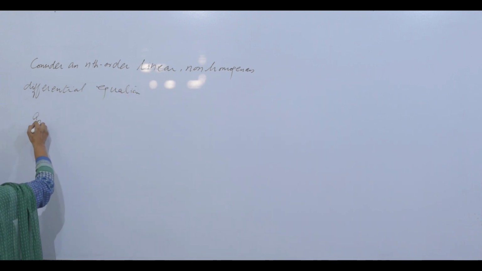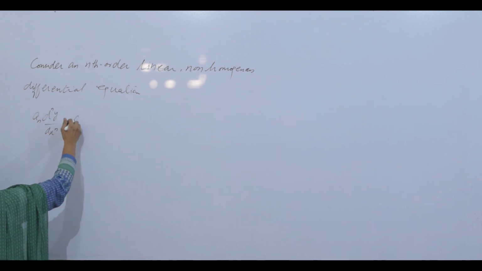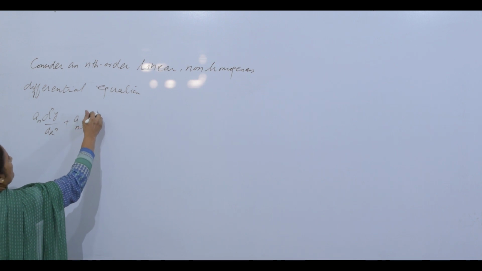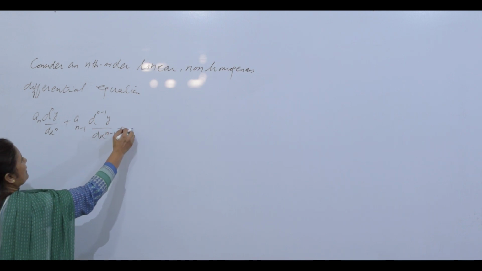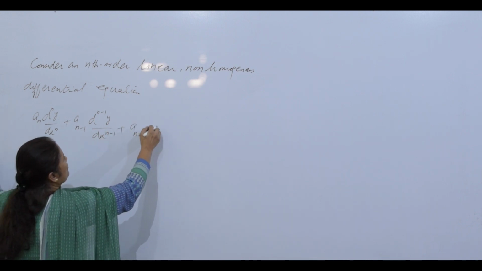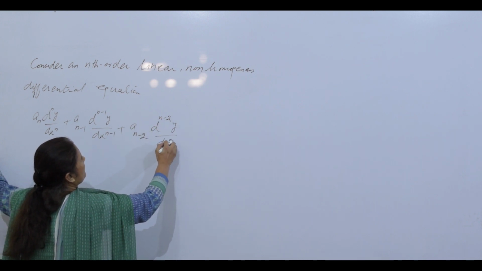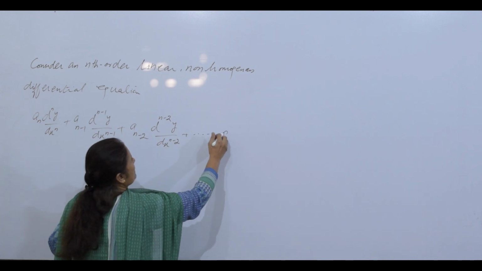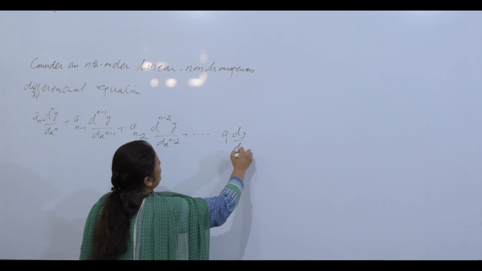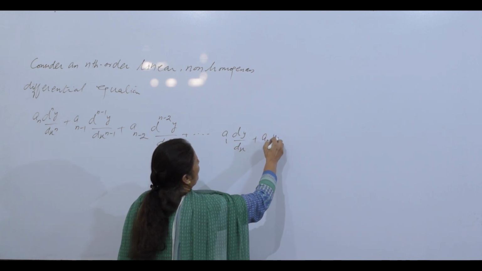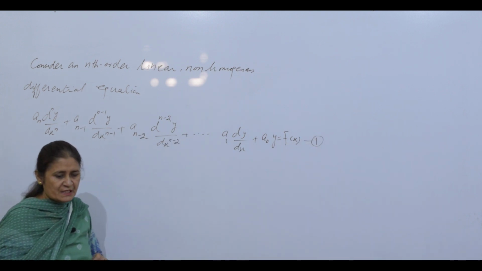So I am writing a_n d^n y over dx^n plus a_(n-1) d^(n-1) y over dx^(n-1) plus a_(n-2) d^(n-2) y over dx^(n-2) plus ... plus a_1 dy by dx plus a_0 y is equal to f of x. Call it 1. This is nth order